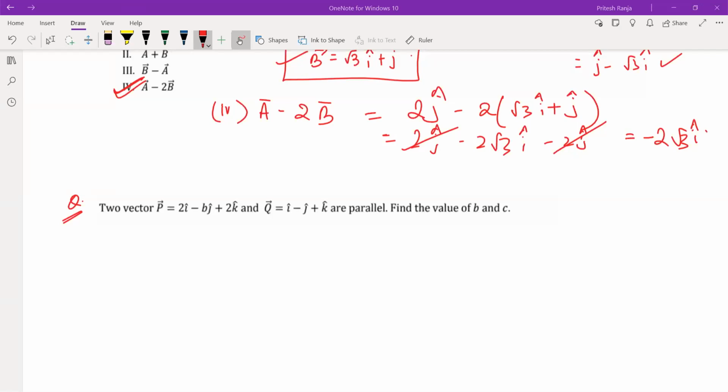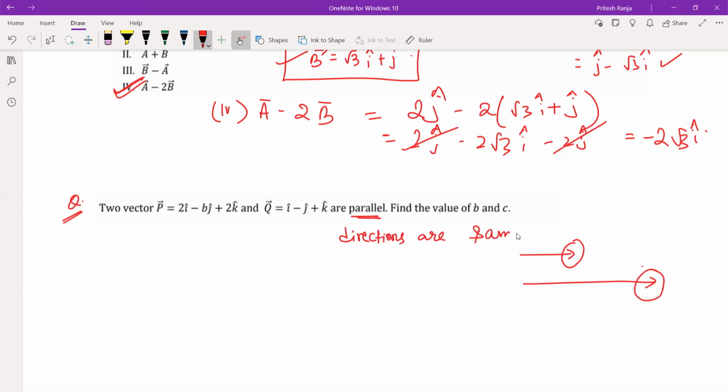Yes, Shivansh, what doubt do you have? Sir, if two vectors are parallel, then they are equal. Not necessarily. This vector and this vector are parallel. The only thing is that their directions must be the same, right? Two parallel vectors cannot be equal, but yes, two equal vectors are definitely parallel. So what is the condition for parallelism? That the directions are the same.